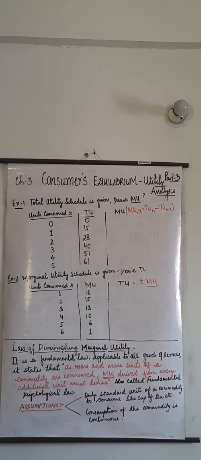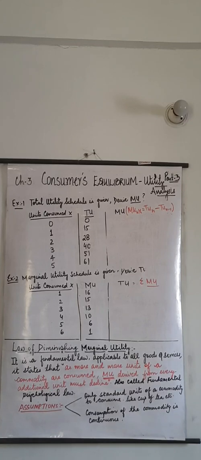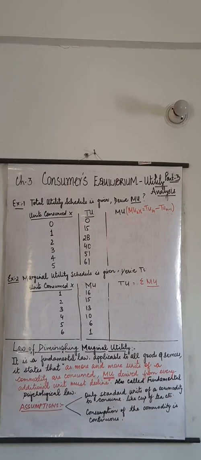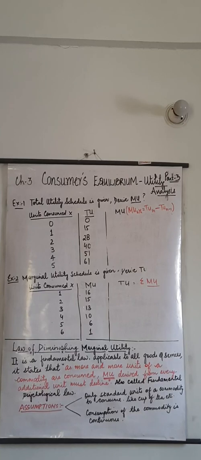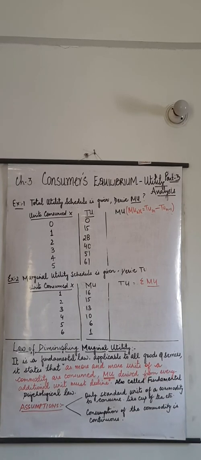Total utility means the sum of all the utilities from all the consumption of that commodity, the utils that we are consuming. When we add all those things, it becomes total utility. And total utility, with every consumption of a unit, starts increasing. Another concept related to this is marginal utility. This says, with every additional unit that we are consuming, marginal utility will be declining, because when we consume anything in a continuous manner, its satisfaction level tends to decline.